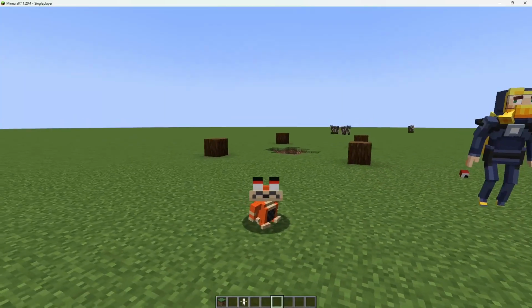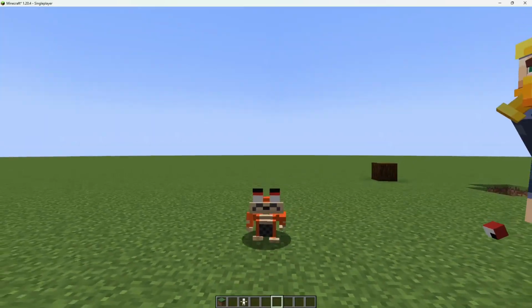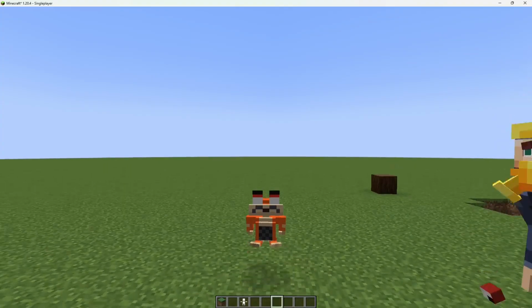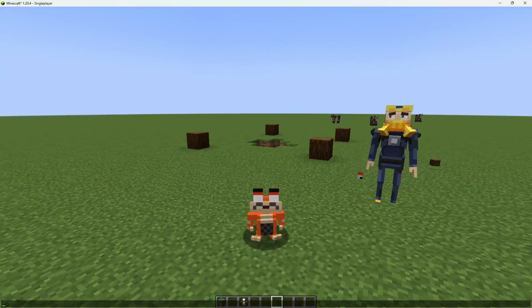And if I crouch, there'll be 2 additional. So here in the list, it's idle, running, sprinting, crouching, falling, swipe, and jump. So I have jump here, I think. So that's how you import